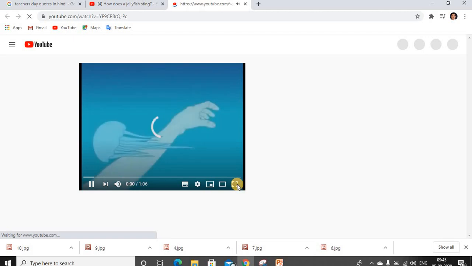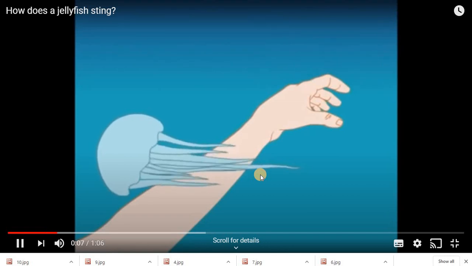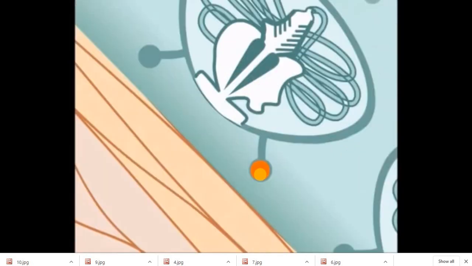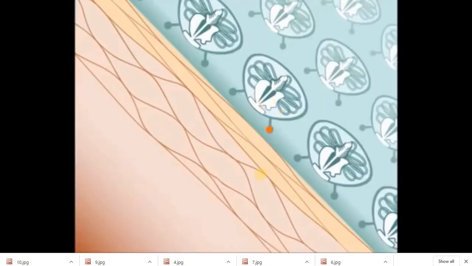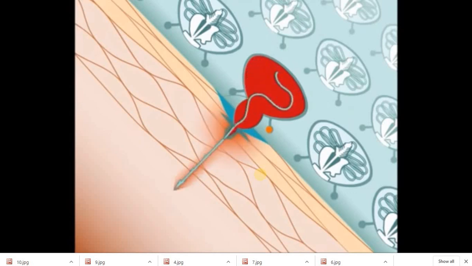Let's take a look at the stinging process in detail. A brush of your skin with a tentacle is enough to set the stinging mechanism of millions of cells in motion. The skin, as we see it here magnified 5,000 times, gives off a natural substance, which when coming in contact with a stinging cell, is collected by a sensor on the cell. The sensor then decides whether the contact is with another tentacle or a potential food source, our skin. The sensor passes the information up to the body of the cell, which triggers an enormous buildup of pressure within the cell. And when pressure reaches 200 atmospheres, the coil, as we saw earlier, now turned dark, is fired and